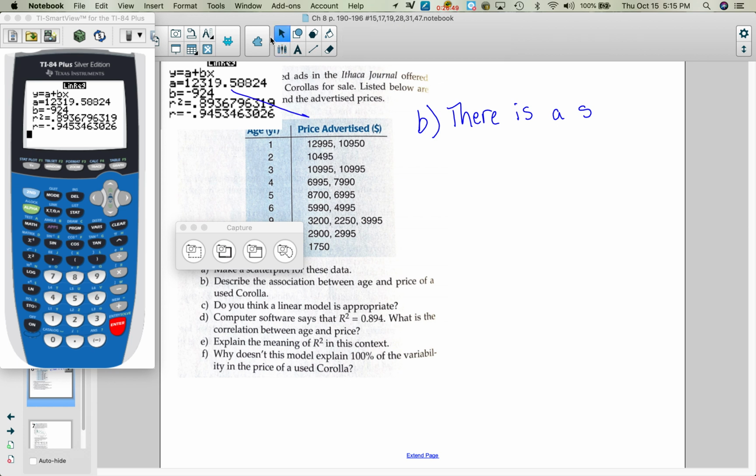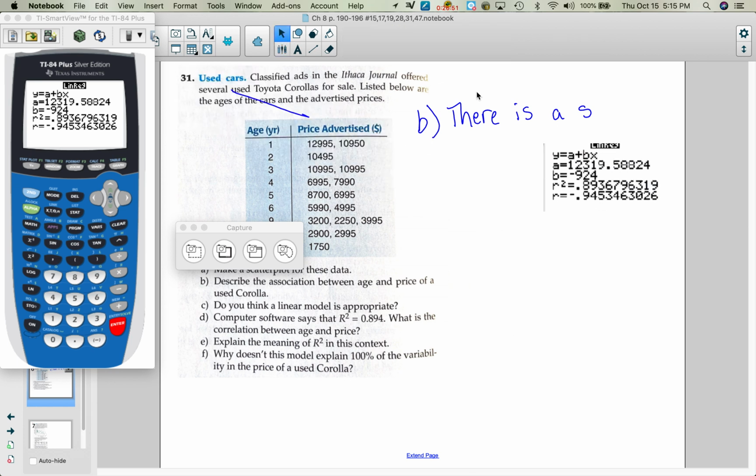Whoops. Let me drag that down here. Okay, so now I have this, and now I can say strong. Look, it's 0.94. There is a strong